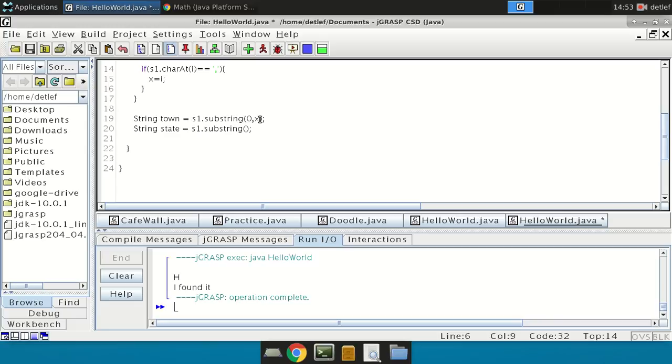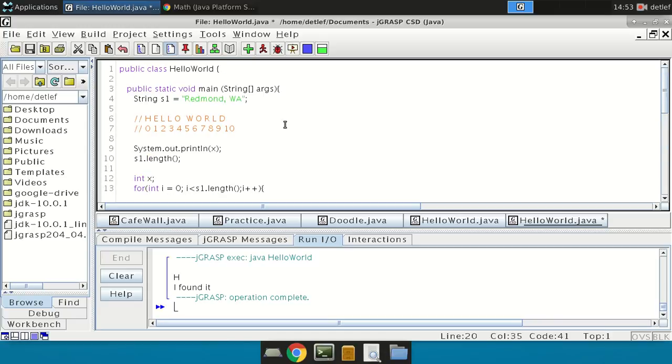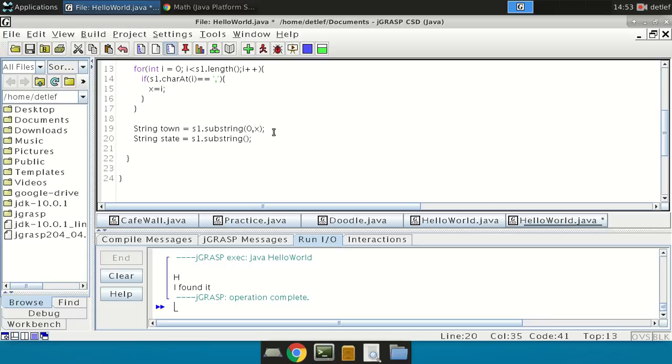So that looks good. Now for down here, first of all, there's a space there, so I probably want to skip the space. So I will say x plus 2, because we're skipping over this space. So we're starting at where the comma is. We're saying, okay, plus 1, now we're at the space, plus another 1, and now we're at the beginning of the state. And then for the end, we go,